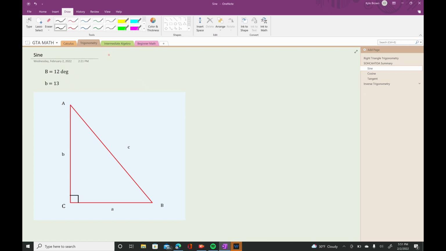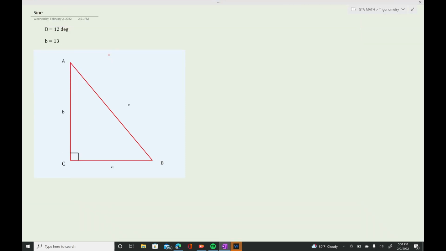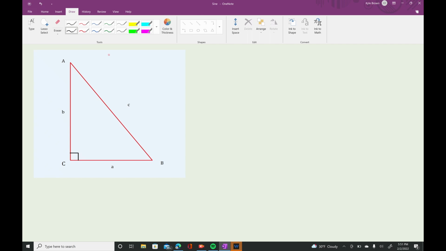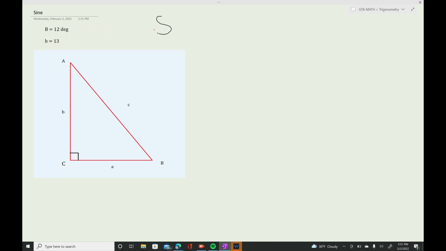Today we're going to be working on SOHCAHTOA, but actually using it to find different things like sine in this case. So in this problem, we're going to be looking for sine. Let me actually get a color first. Oh, I got one. Never mind. So we're looking for sine. And in SOHCAHTOA,